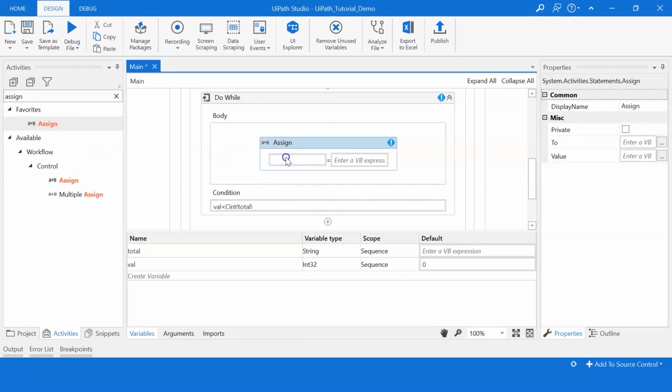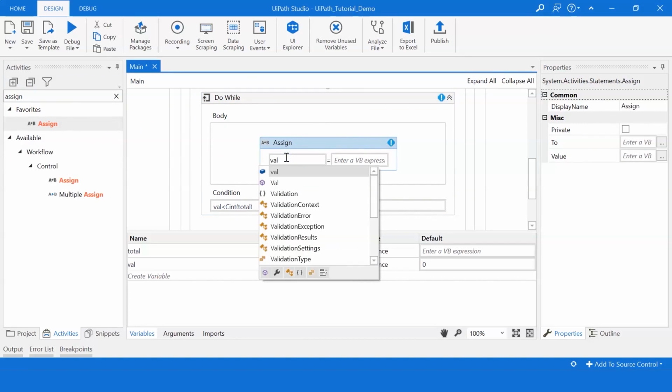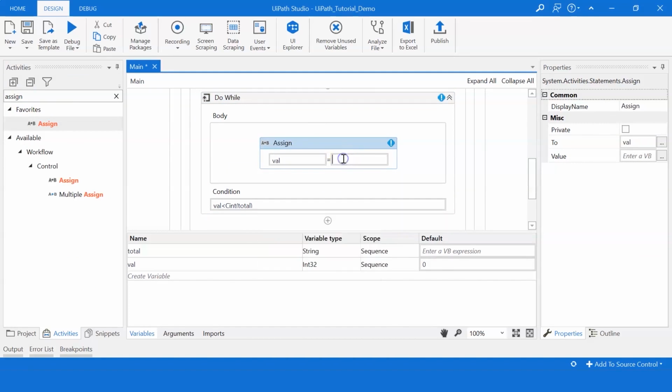So here I'll give val equals val plus 1. This will make sure the value of val increases by 1 every time there is a new record inserted. It will continue until the value of val no longer matches the total.